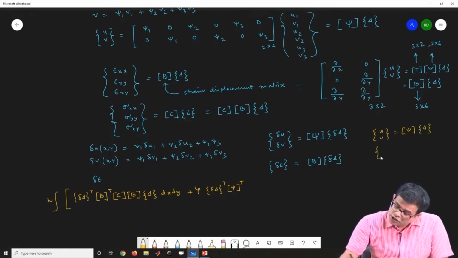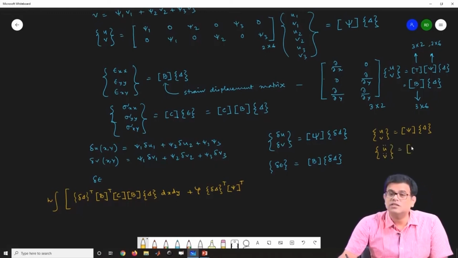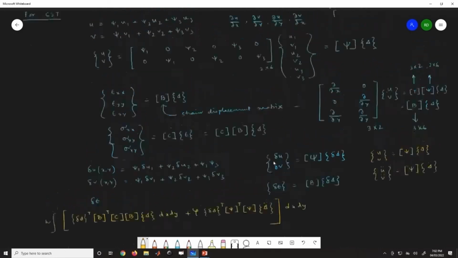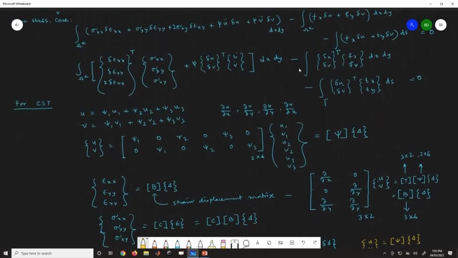So now u double dot, v double dot is essentially psi matrix, which is not a function of time because it contains the shape function. Then delta double dot means the nodal acceleration. So this is multiplied by your psi matrix into delta double dot. So this completes our mass and stiffness matrix, and then again I will get from here the delta term